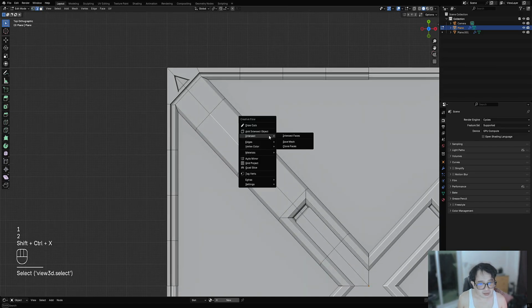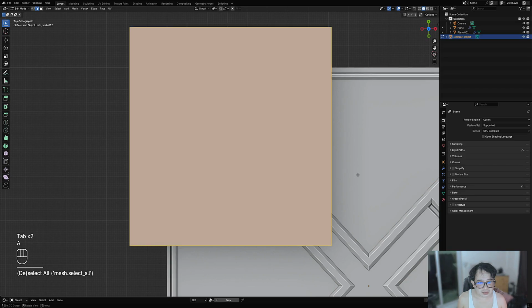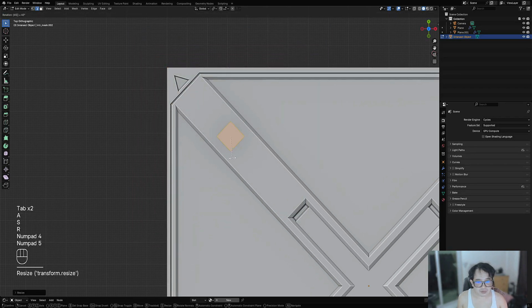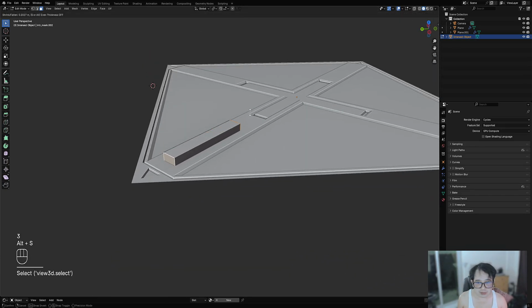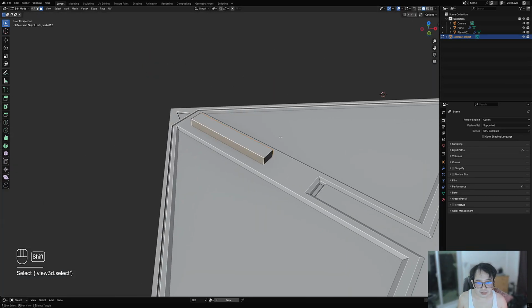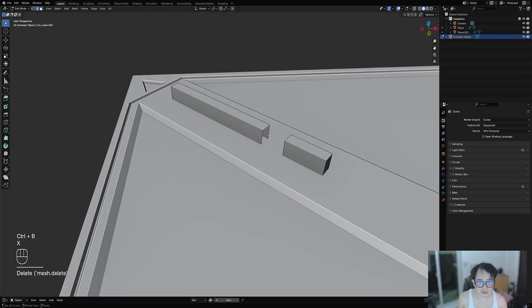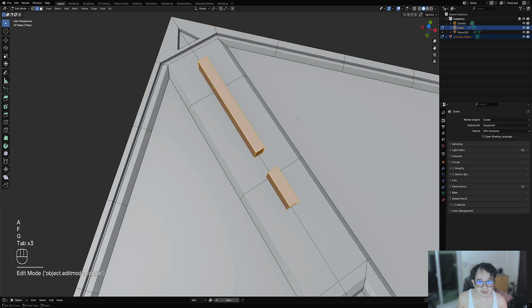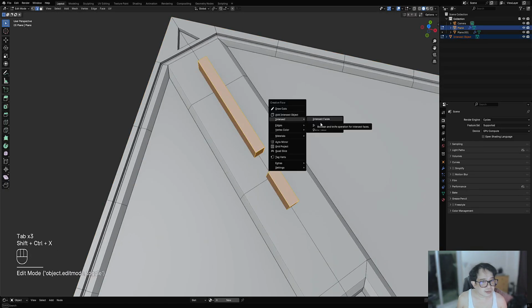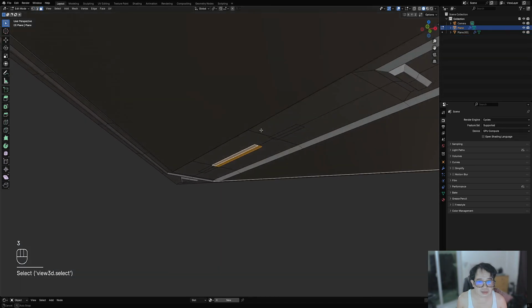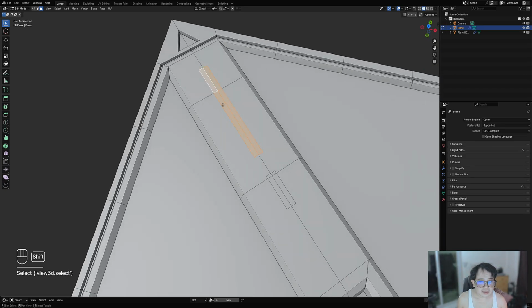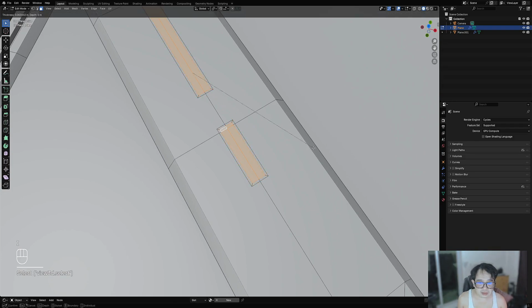Same here. So add intersect object, 5 degrees. Intersect faces, draw. Selecting this. Let's see if okay. Inset. And